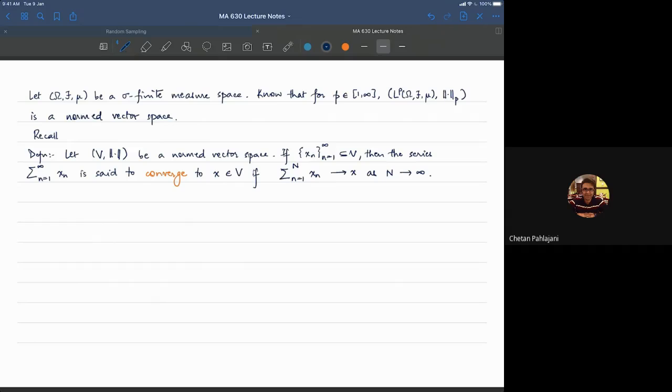This is something you have learned since the beginning of your BSc. By the way, you may ask what it means for this sequence of vectors to converge to this vector. It means that if I take the norm of this minus this, then that goes to 0 as capital N goes to infinity. So let's make a quick note of that: the limit as capital N goes to infinity of the norm of the sum n going from 1 to capital N of xn, minus x, is 0. Once again, this is a reminder.